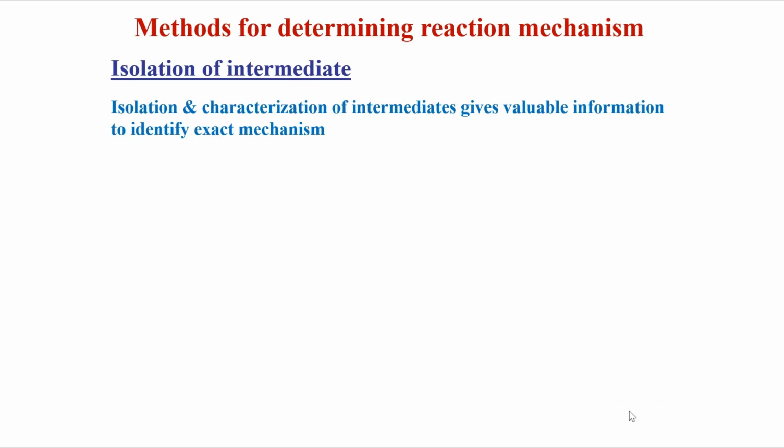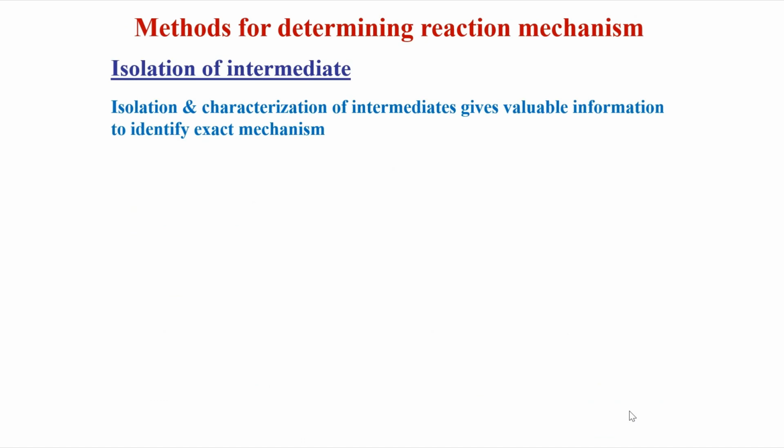The first method to determine the reaction mechanism is to isolate the intermediate. Here, if you are able to isolate the intermediate, we can characterize it by spectroscopic methods or analytical methods. If that intermediate is characterized, we can come to know that the mechanism that has occurred is through that intermediate formation. But however,